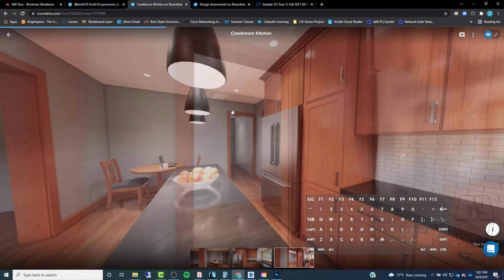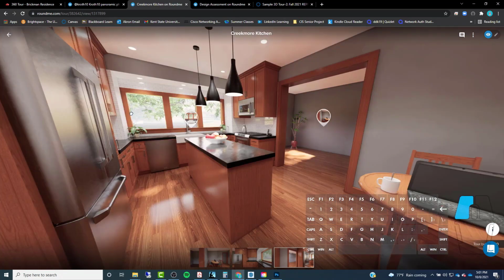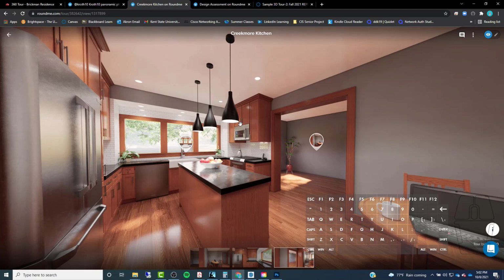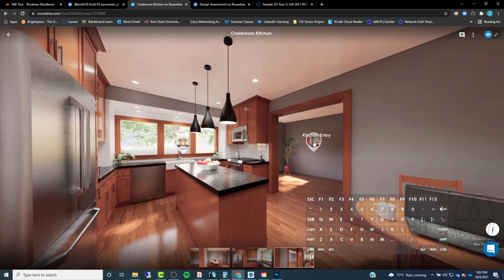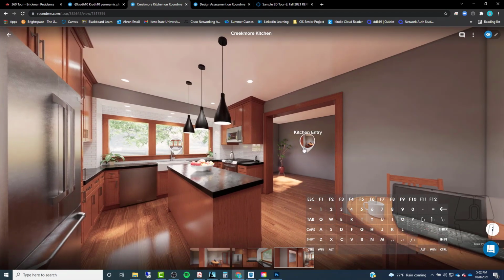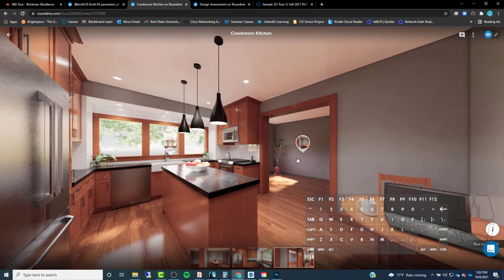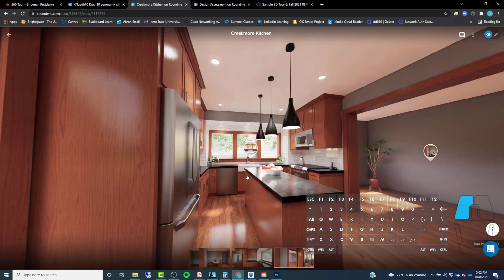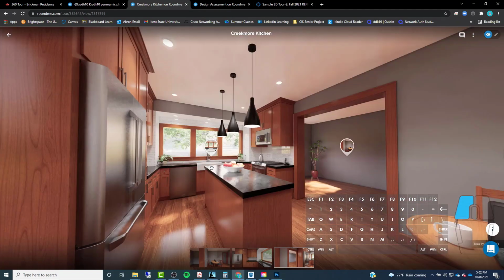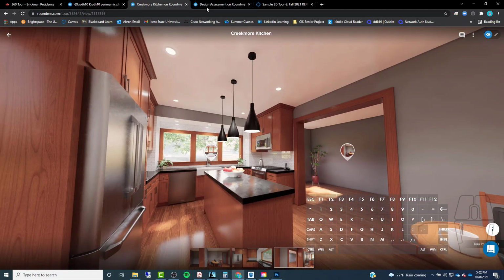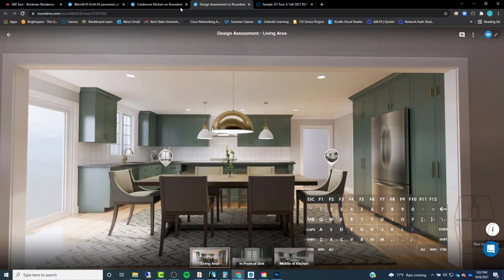But see, all we're really doing is just going to create a few of these different points, and we're going to link them together with these little teleportation buttons, and we can jump around throughout the image, and that's really all we're going to be doing with these panos. If I go to my other example that I have,